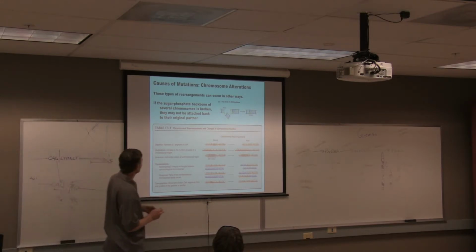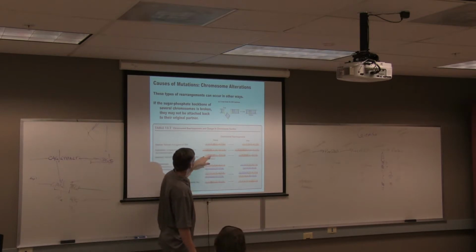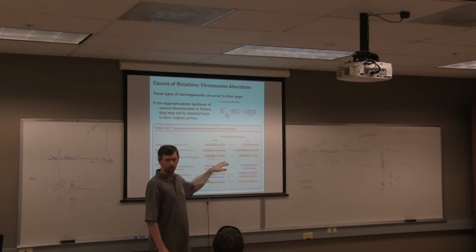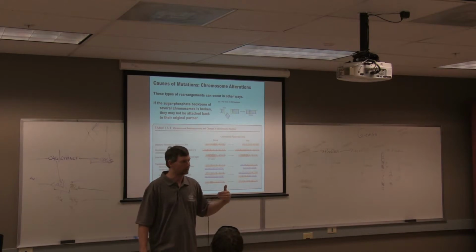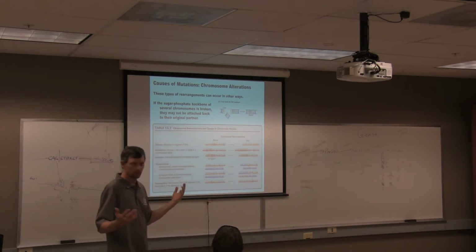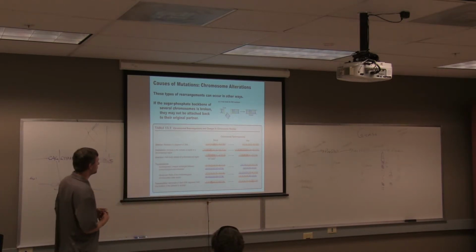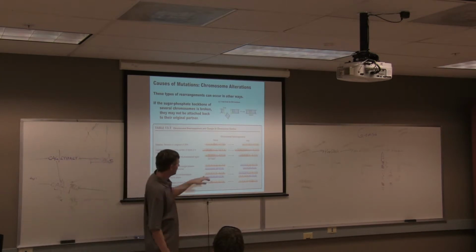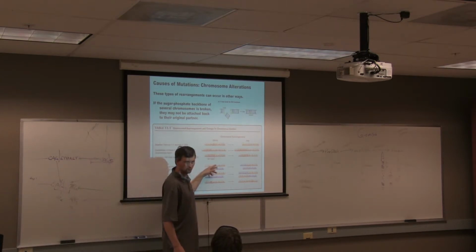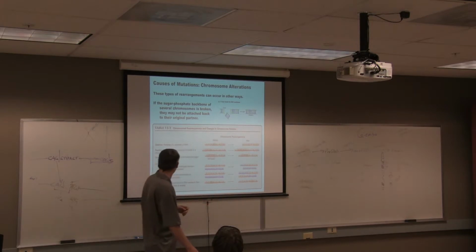So here are some terms that they describe. We talk about duplications, insertions and deletions. We've talked about these conceptually before. But there are some other changes. There's a translocation, if you get non-homologous chromosomes recombining. And then there's an inversion,